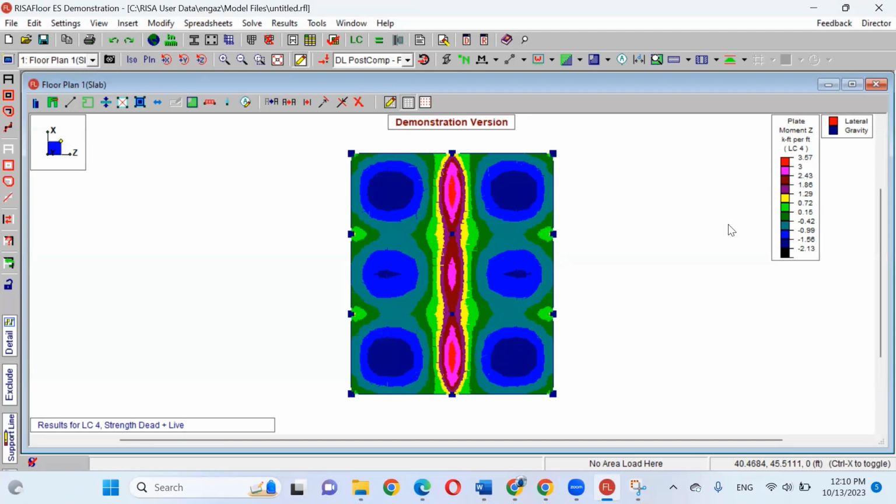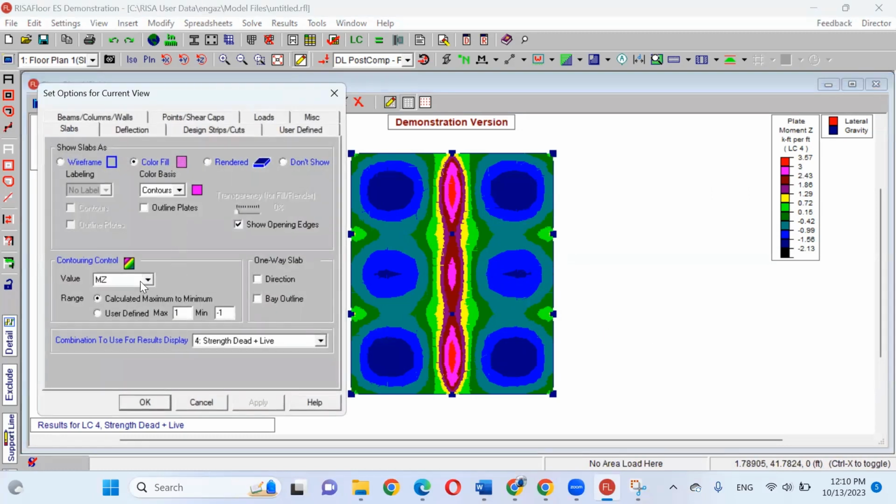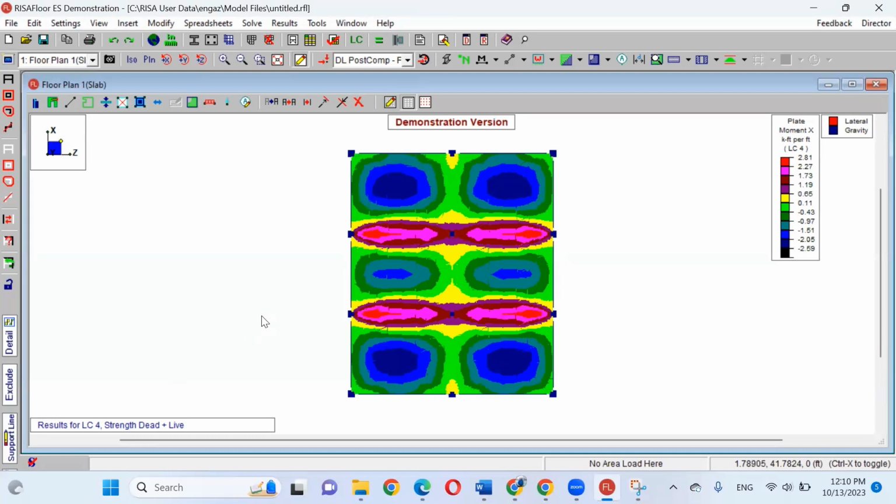And this value will give you the steel reinforcement in the horizontal direction because it's MZ. If you go back and show the MX, it will give you a different color for the steel reinforcement in the vertical direction, this way.